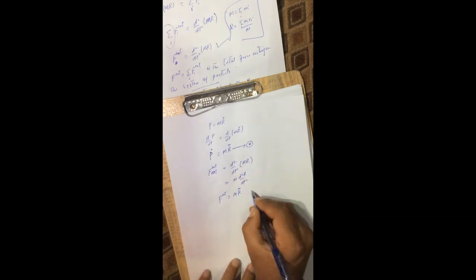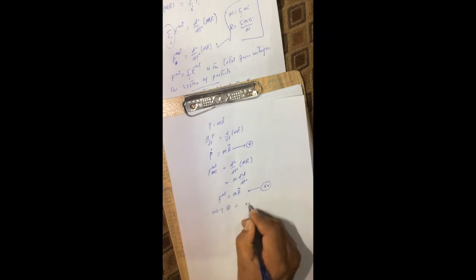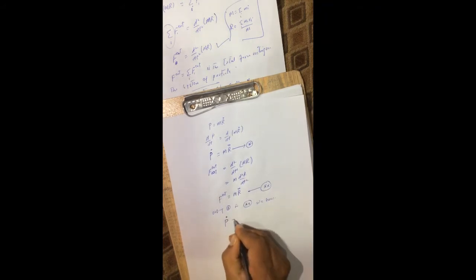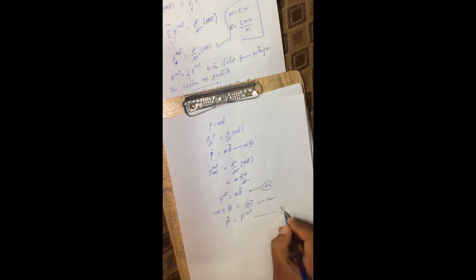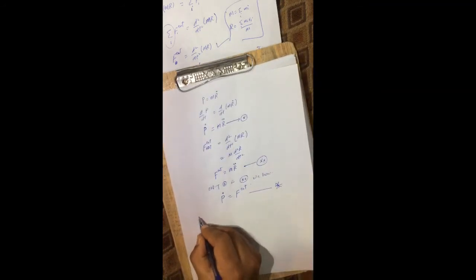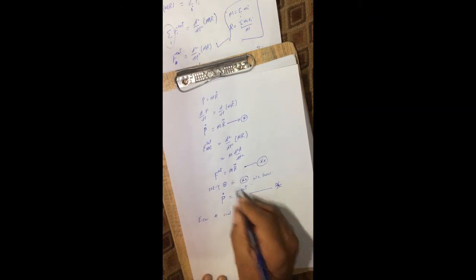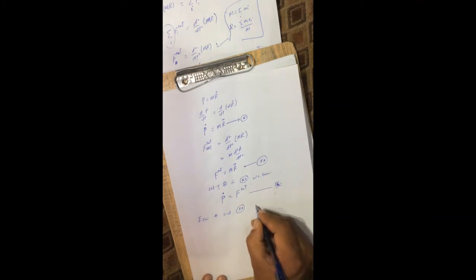Now if I use my star and double star equations, we have p dot is equal to F external. Now here I have two important equations. One is this one, which I represented by star, and the other equation is this one. These two equations, star and double star, show that